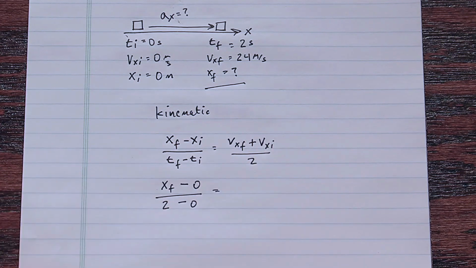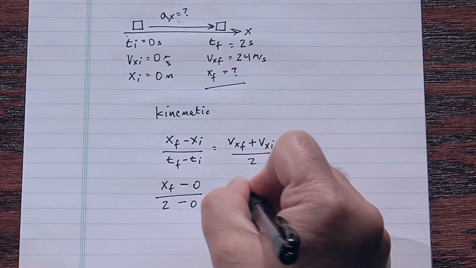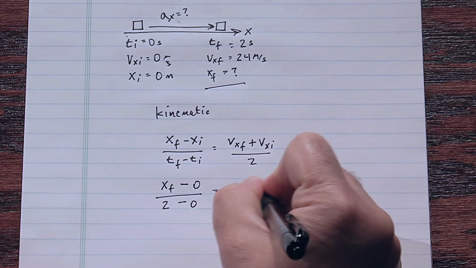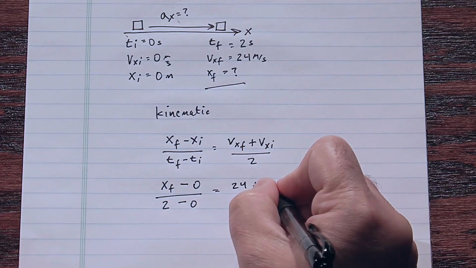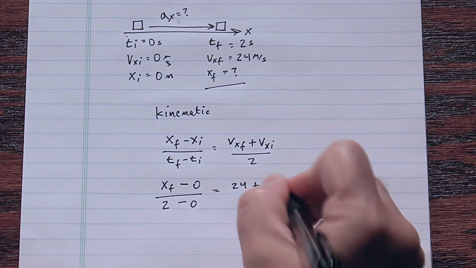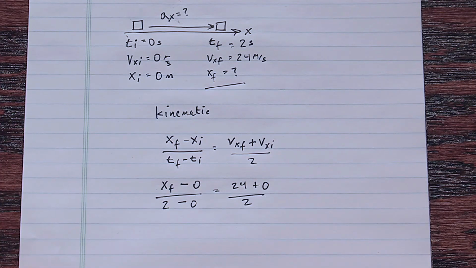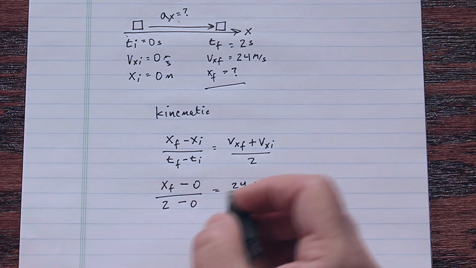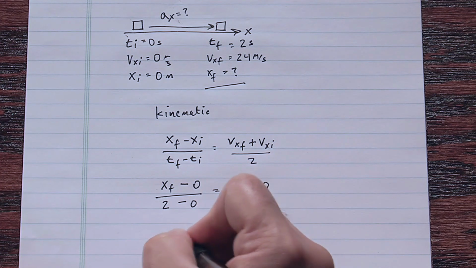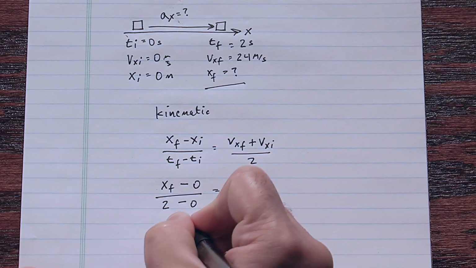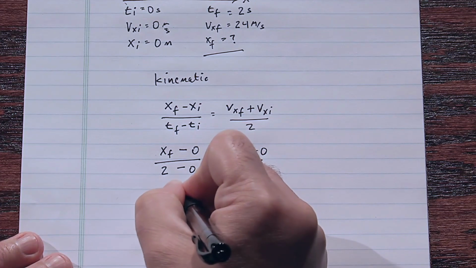That's equal to Vx final, which is 24 meters per second, plus Vx initial, which is 0, divided by 2. And we have an equation, there's only one unknown in it, so all we have to do is solve for x final. Well, let's get rid of all these zeros, plus zeros and minus zeros, and we have x final